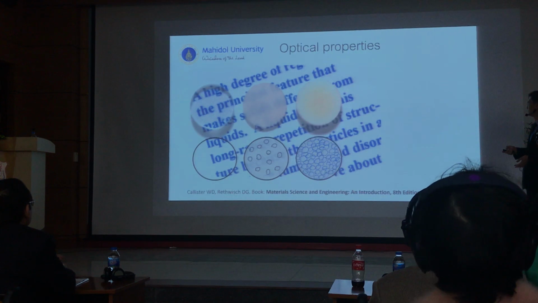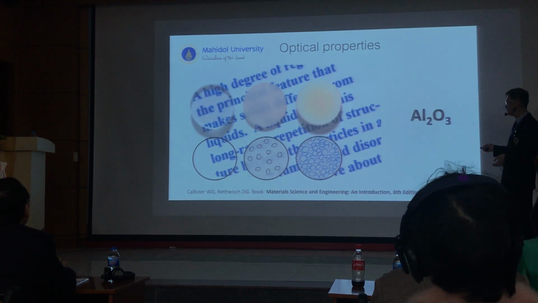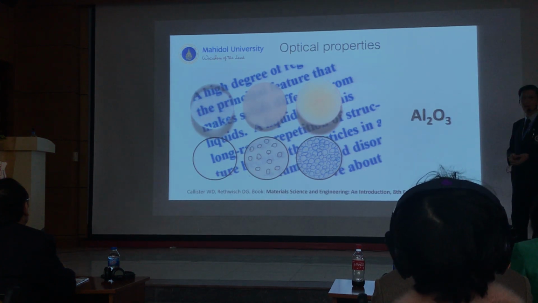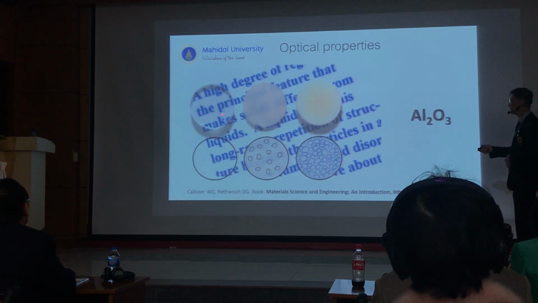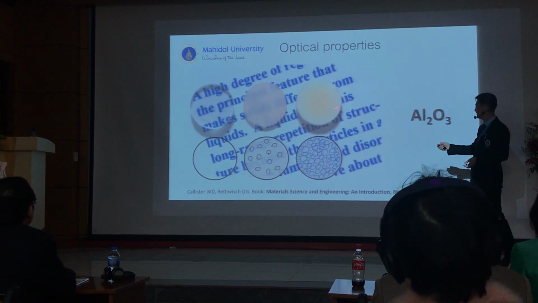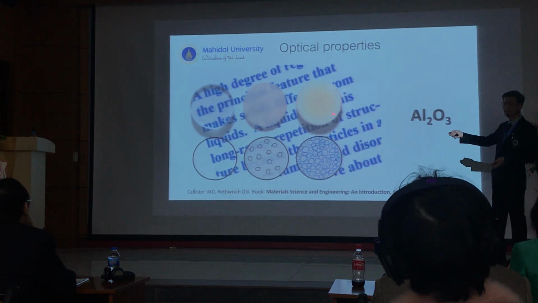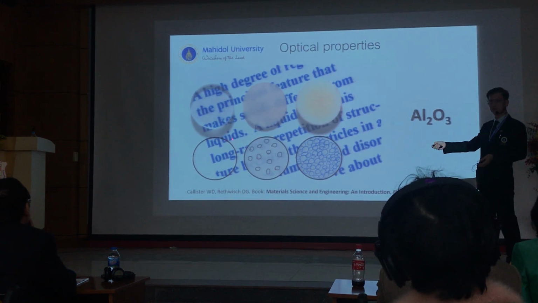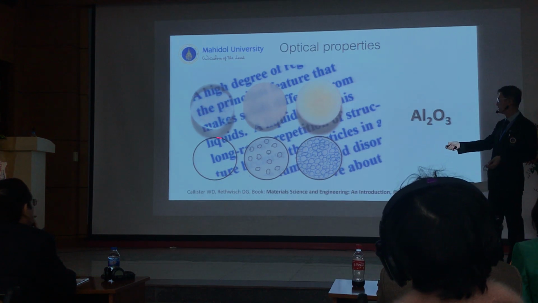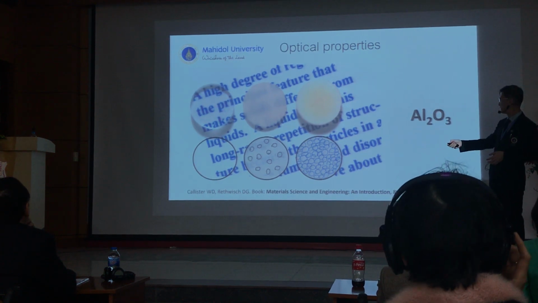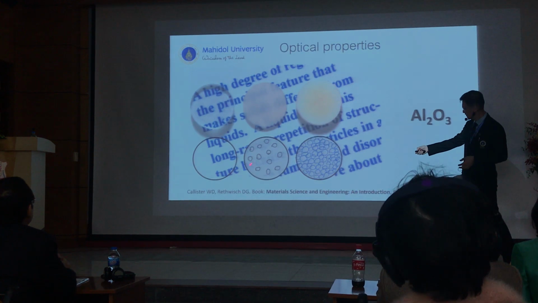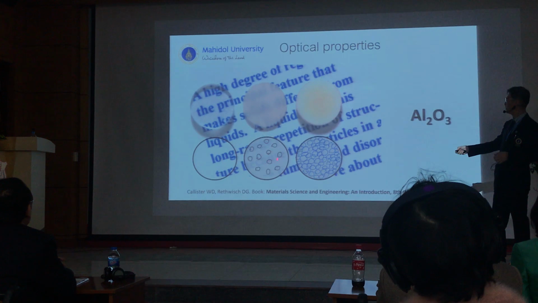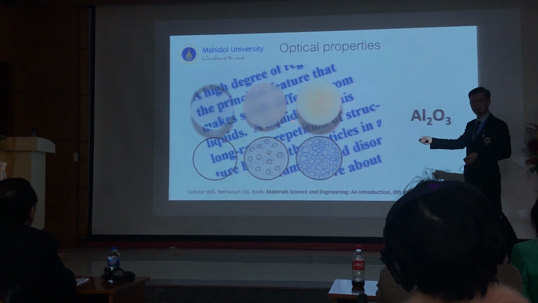For example, if you look at this, they are all alumina, right? The alumina on the left side is very pure, while on the right side you cannot see the letter behind it. What happened? This one is only one crystal, a single crystal, so that's why it looks like glass. There is only one very big grain over here. And this one has a few crystal grains in there, so you can see the letter a little bit over there.